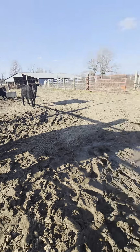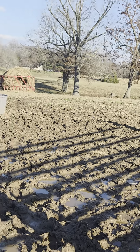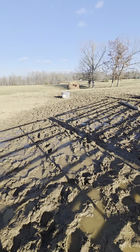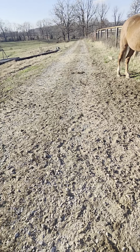She can come through here, go to that barn, and she uses this for the winter time. And there's trees down there. That's usually where she's at. But this is her pasture for the winter time. And then she has a big pasture for the summertime. And then here's my grooming kit. Here's Sky. And then the lane just goes all the way down there, and then it connects to my neighbor's